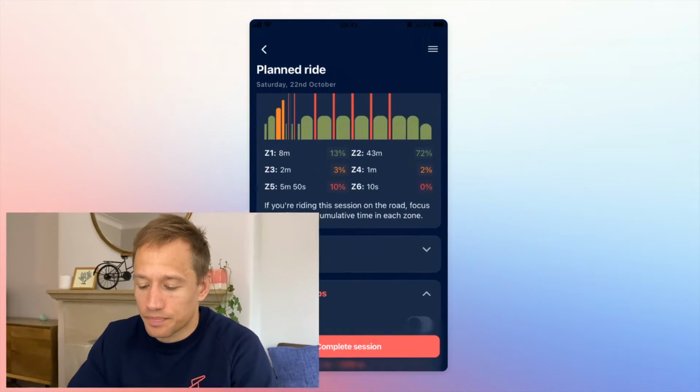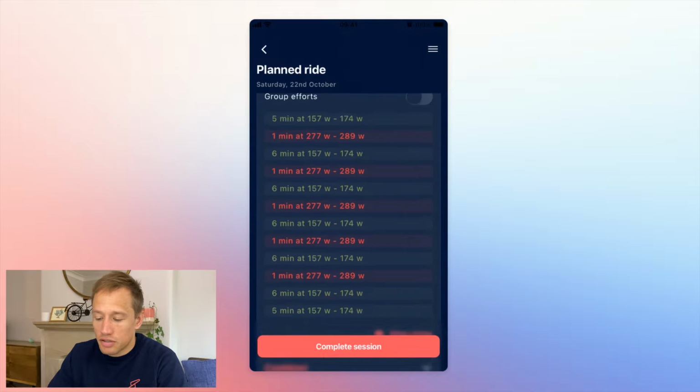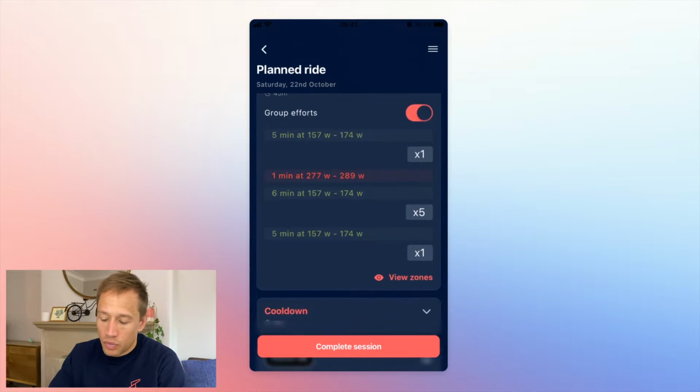So depending on the route that you do, you can maybe only squeeze in, say, a 2-minute hill. You do that, you might do that twice, and then you might get the remaining 1 minute 50 somewhere else, and it's okay. The key here is to be flexible when you're riding structured training outdoors. But we can dig into the workout steps, we can group them, we can view the zones, and then right